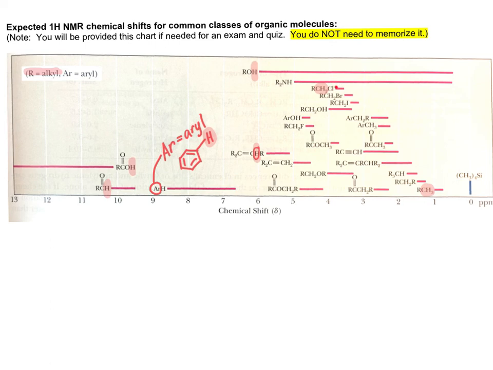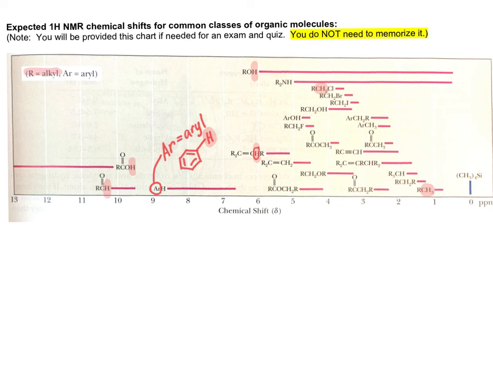But if we had 2 chlorine atoms here instead of 1, having 2 chlorine atoms there is going to push this signal further downfield, because the presence of those 2 chlorine atoms is going to create an environment that is more deshielding. So you have to apply this chart in combination with your logical understanding of electron donating and electron